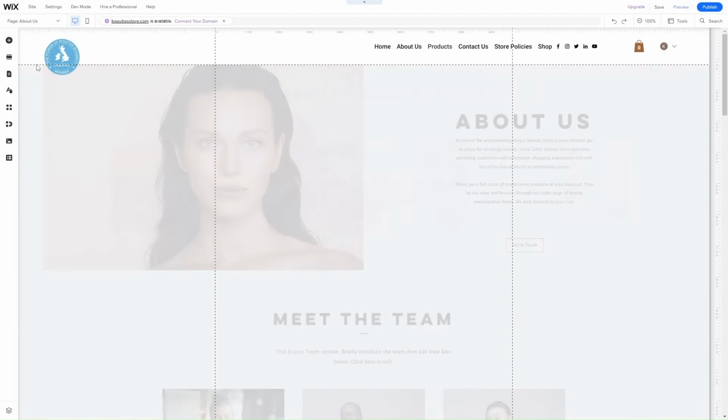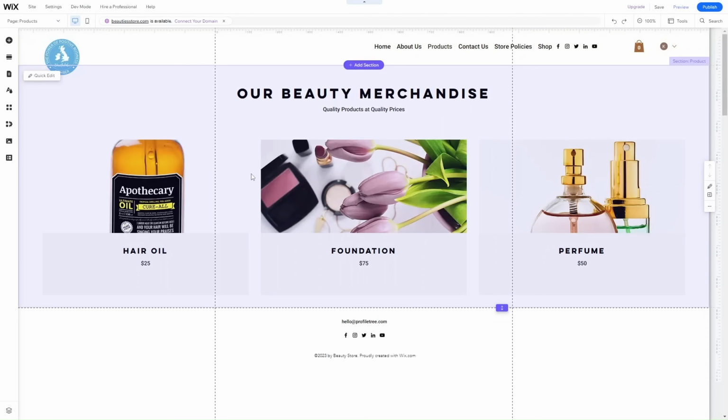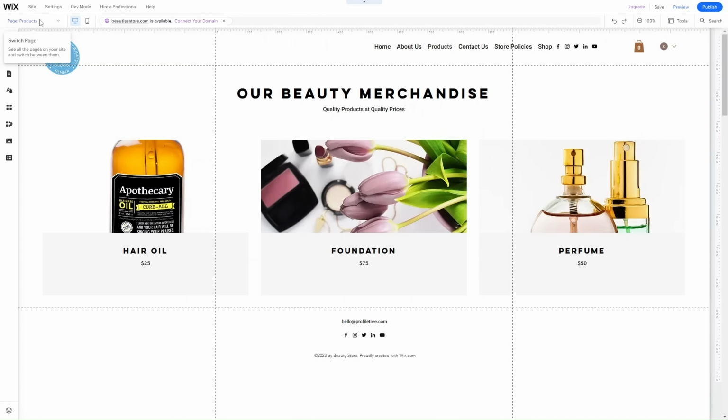Again, if you wanted to switch pages, you just want to click on the page switcher and then just switch the page as you need. And what you can also do is add pages. So for example, you have all these pages that we selected from the ADI builder questions, but if you wanted to add another page, say for